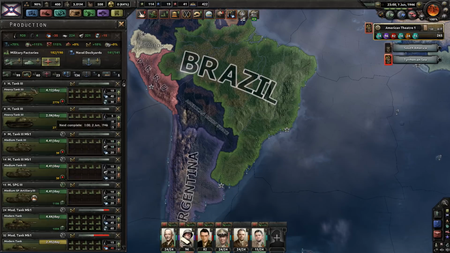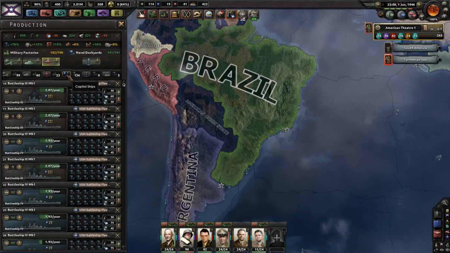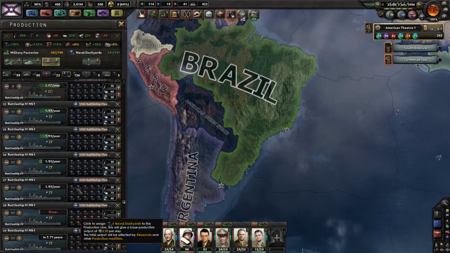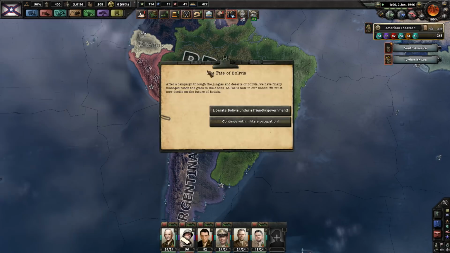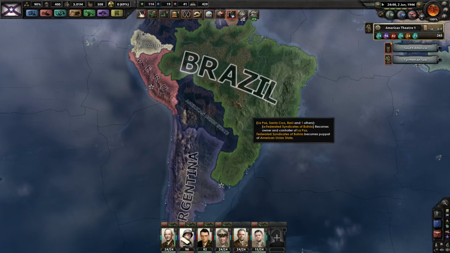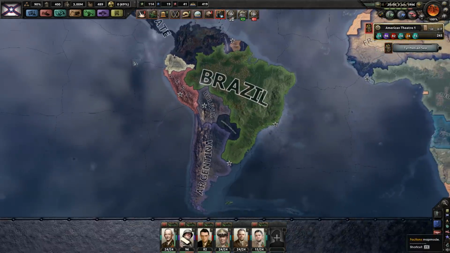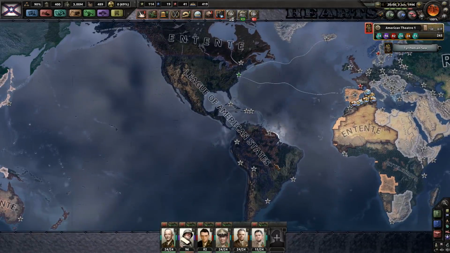Tanks should be all fine. Aircraft should be all fine. We're finishing up these battleships, and we are now producing the rest. So everything else should be okay. Let us liberate them under a friendly government. And there's Bolivia. And now we have everything except for the Entente under our control in the League of American